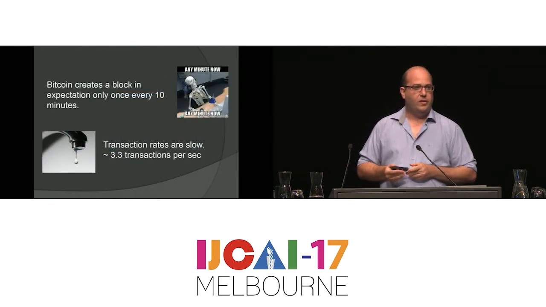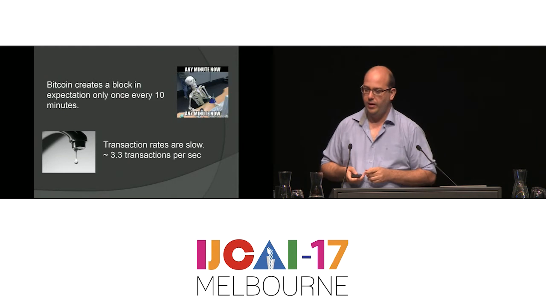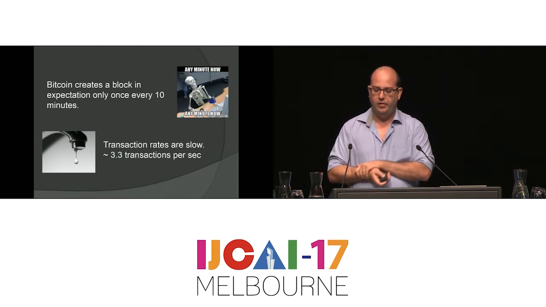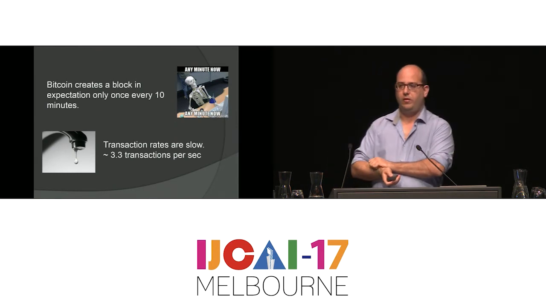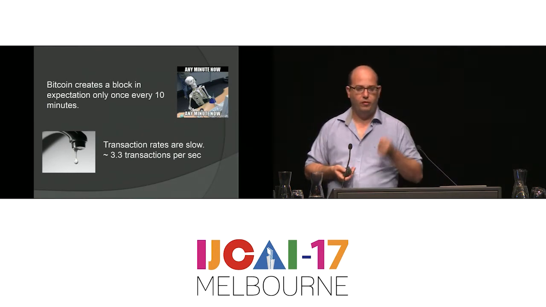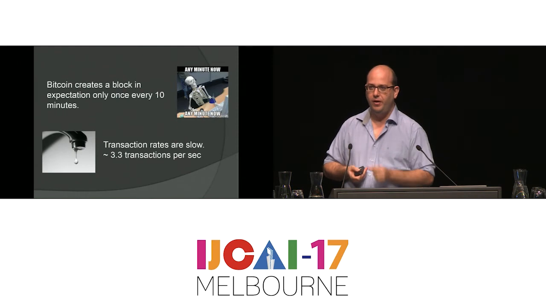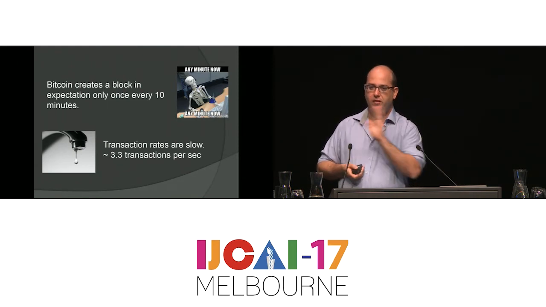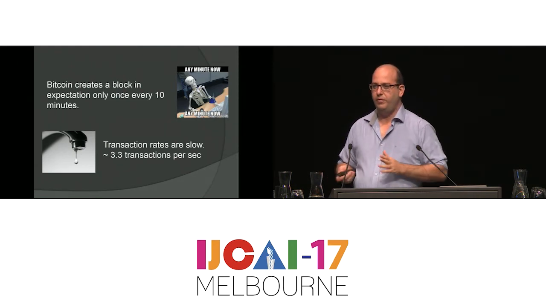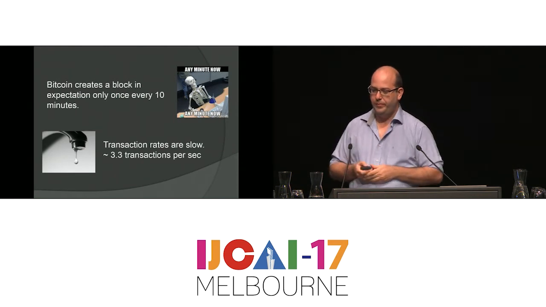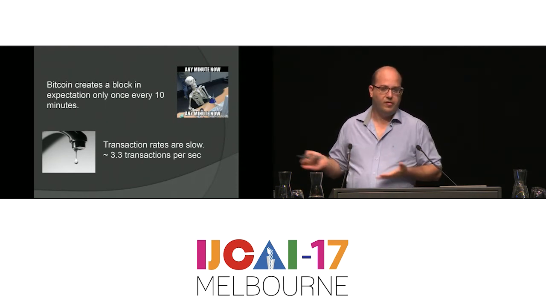So let's talk about the scalability problem. Bitcoin actually creates blocks in expectation only once every 10 minutes. The computational problem that you have to solve in order to create a block is really, really hard. A single block is created in the entire network approximately every 10 minutes. So that's in expectation. So that's a very slow